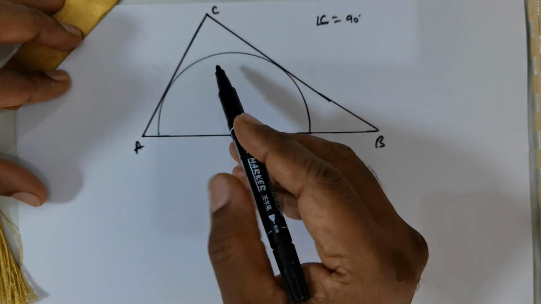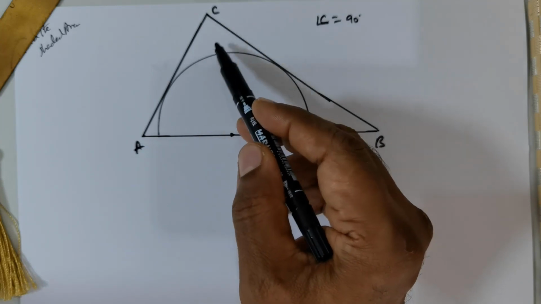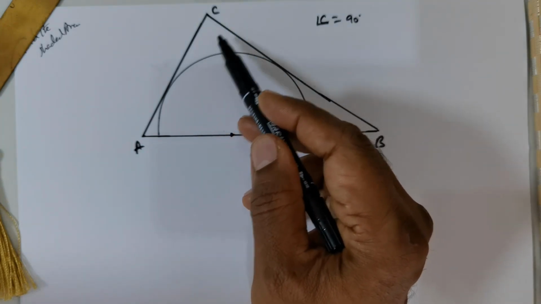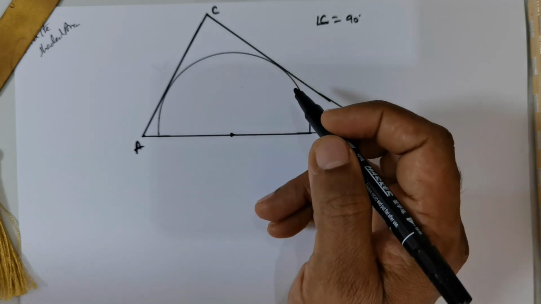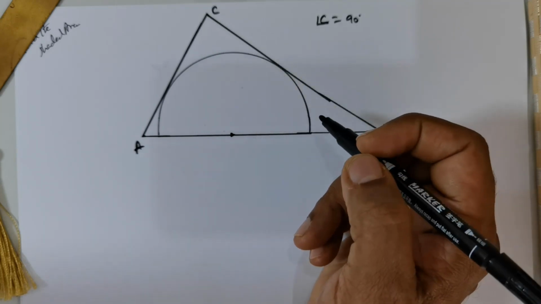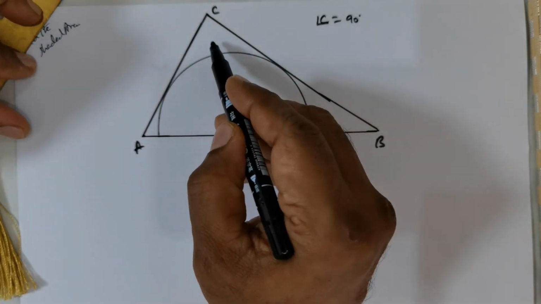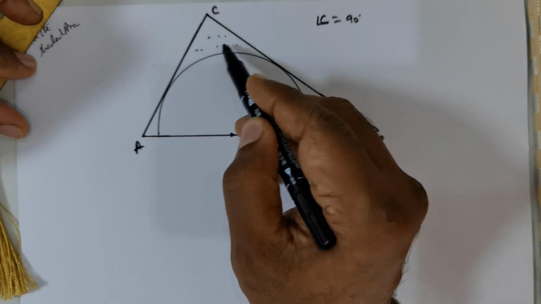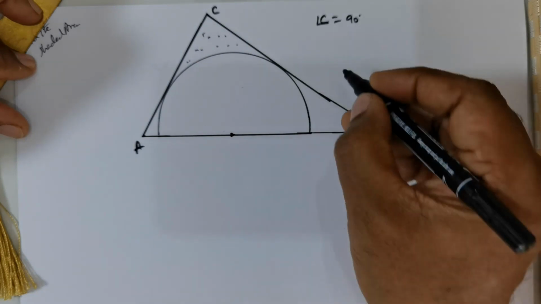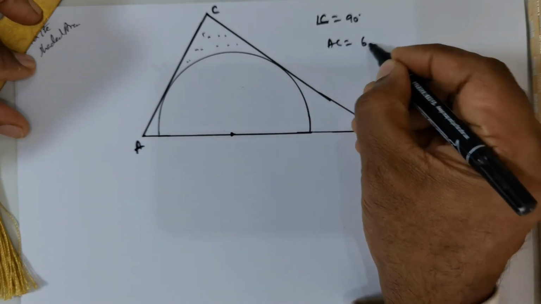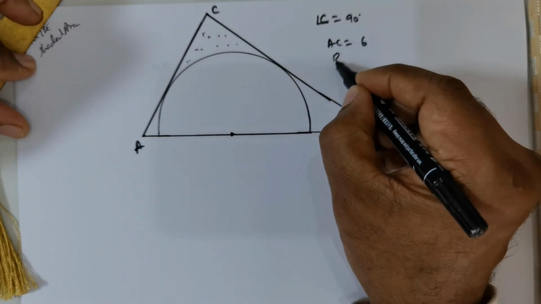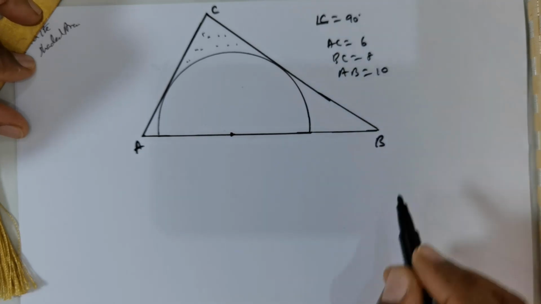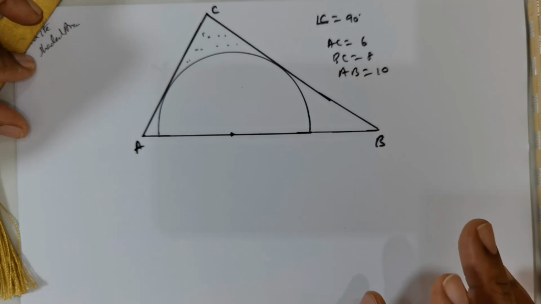Now we are expected to find the shaded region. So this region is required. Okay, so this is the required area. So we need to get this. Now we are given AC is 6 units, BC is 8 units, AB is 10 units. So this is given,